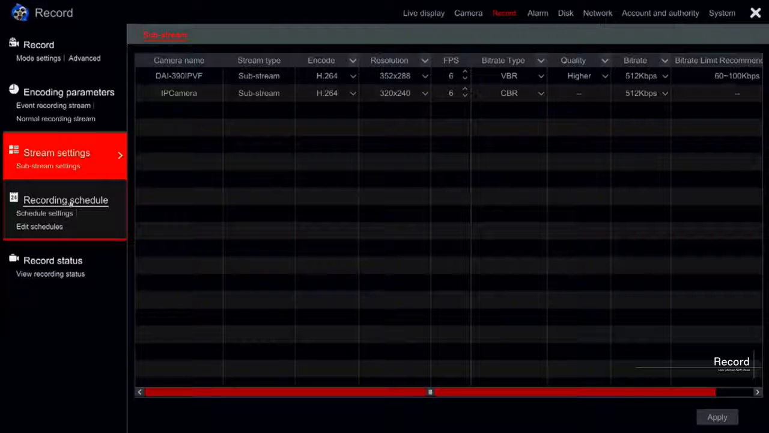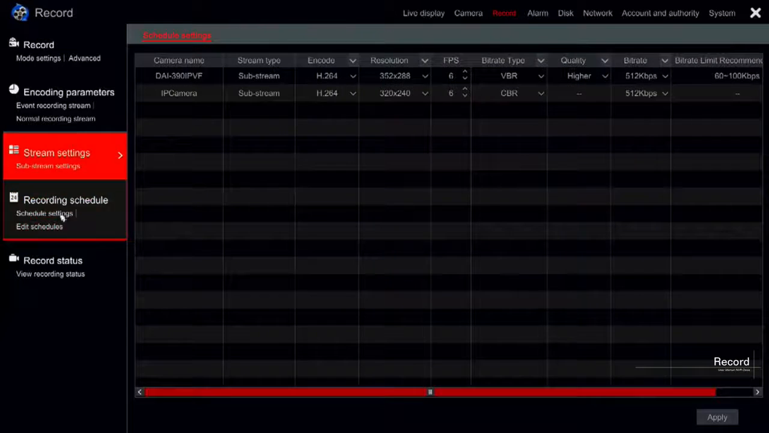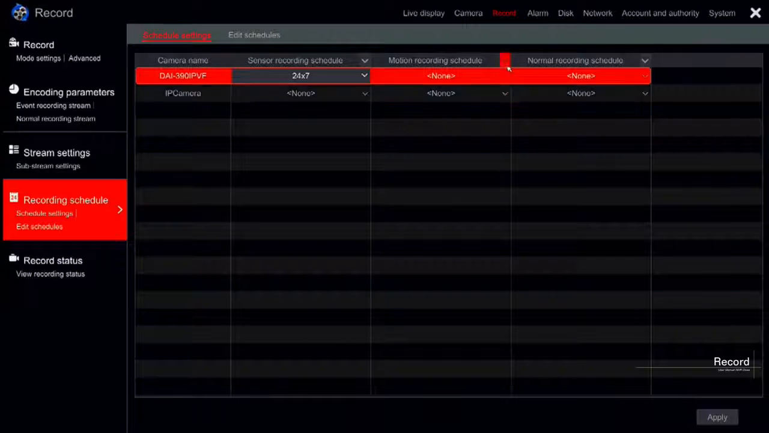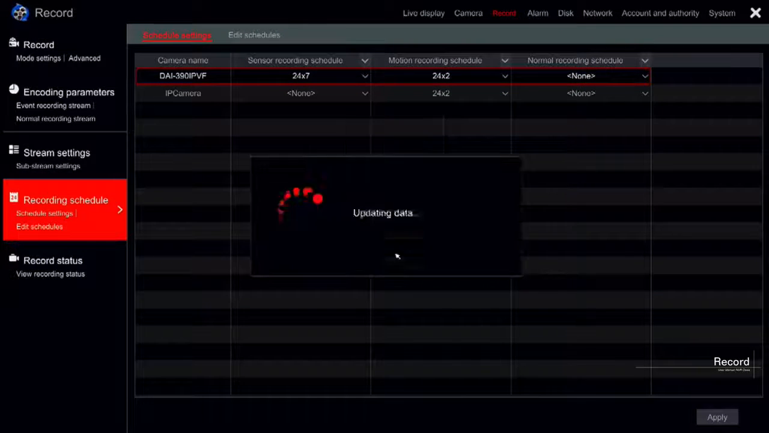The schedule section is grayed out if any of the auto modes are selected, since they all work on 24/7 schedules. If you switch to manual, the schedule will become active. In the schedule, you will have a list of all cameras with the option to assign a schedule to each of the cameras based on motion, sensor, and normal situations. You can use a specific schedule to each of the cameras individually, or set a schedule to all cameras in one go. There are 3 pre-made schedules: